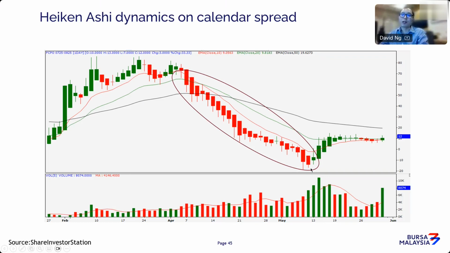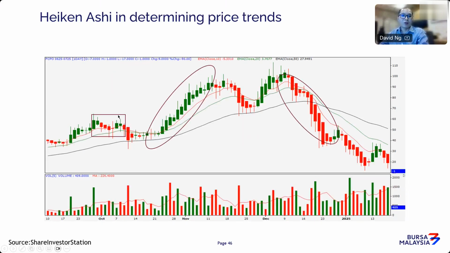So that's why you need to be careful. So again, here you can see, if you see a series of green and red together, it's just telling the market is moving sideways. This is where it gets interesting. Once you start to see a long series of green candle bodies, usually it tells you the market is poised on an uptrend. Vice versa, if you start to see a long series of red candles, it's telling you that this market is poised on a downtrend.